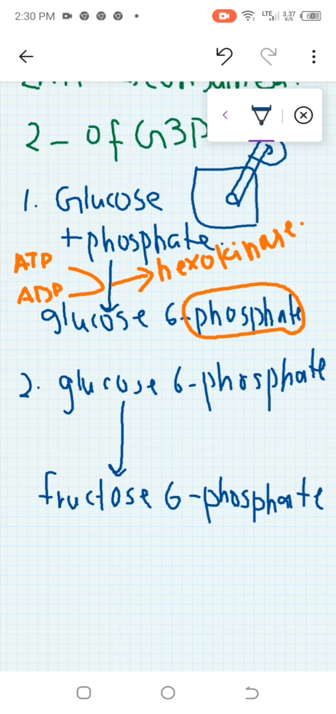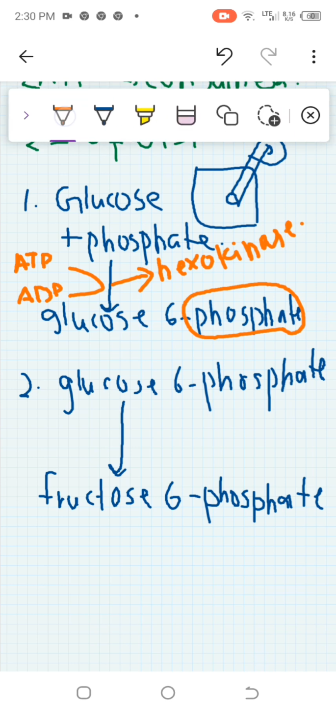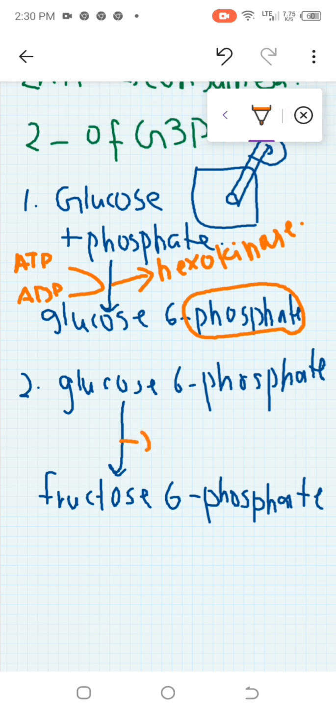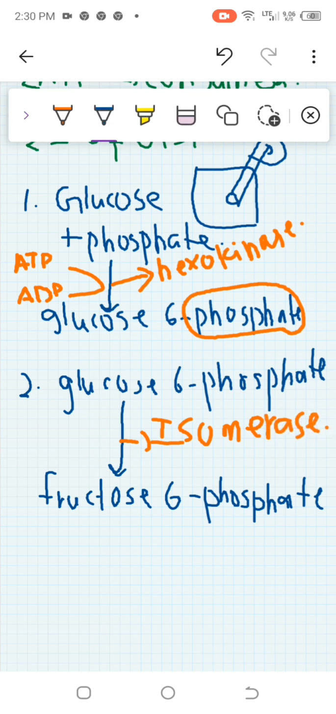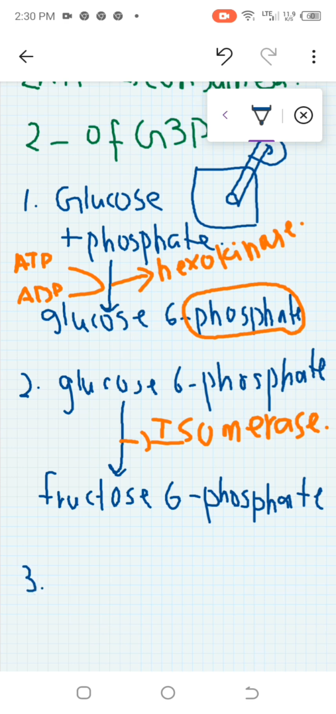Okay, glucose 6 phosphate. Here no ATP is required, this is done by the enzyme isomerase. Okay. After that, in the third step, now from this fructose